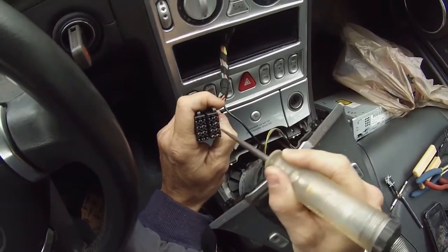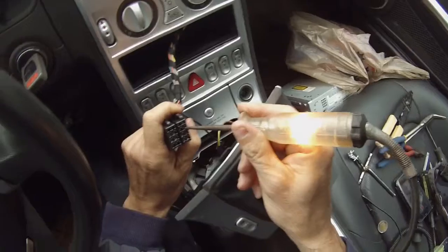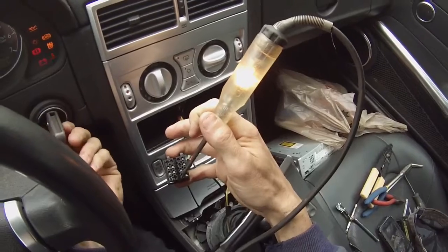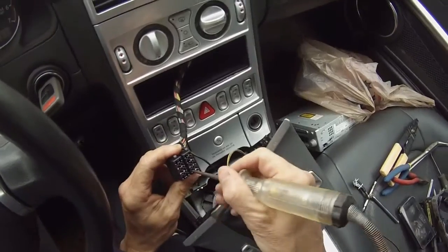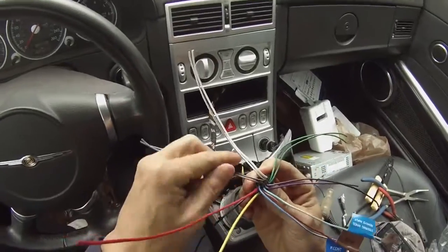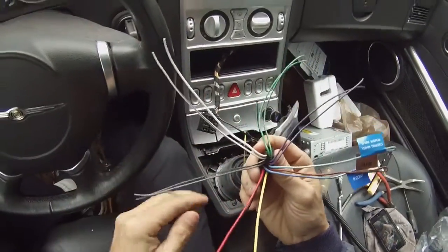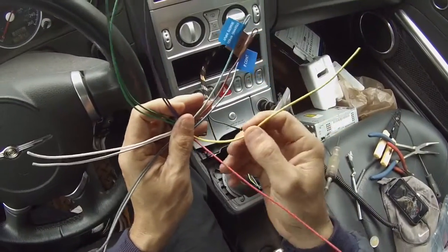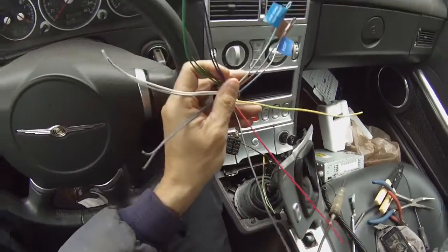Okay. So this is your constant, because that'll be on when the key is off. This has always got power. And this one is off now, but when I turn it on, okay, I got power. So this is your constant, and this is your switched. Now, this is the wire harness. I just separated the green and the white, and these are the speakers, the 4 speakers there. And the yellow is the constant, and the red one is the ignition wire, I guess you call it,